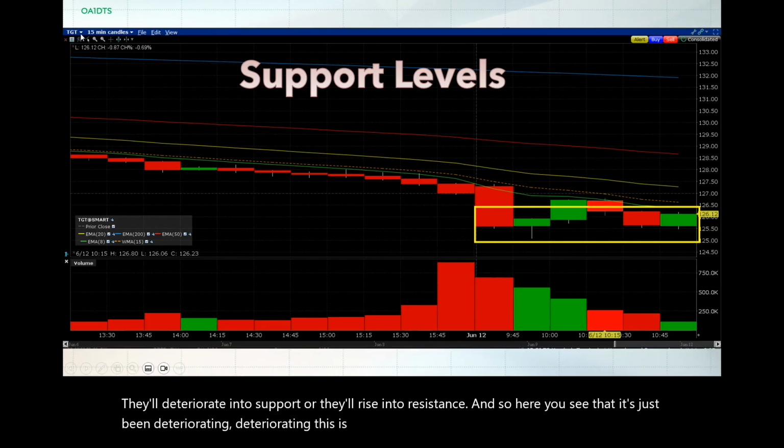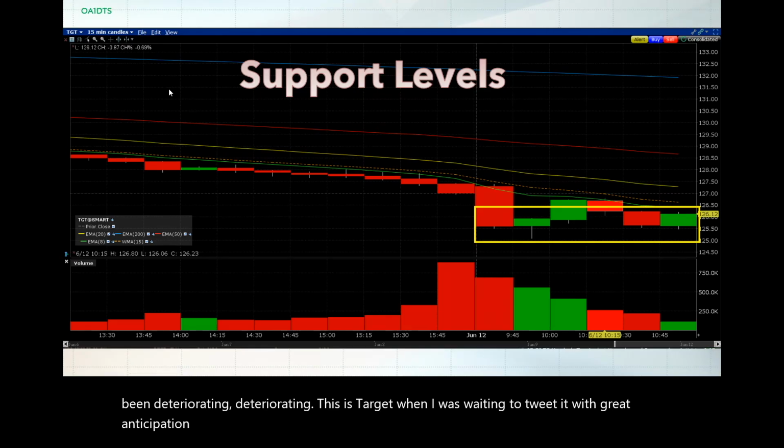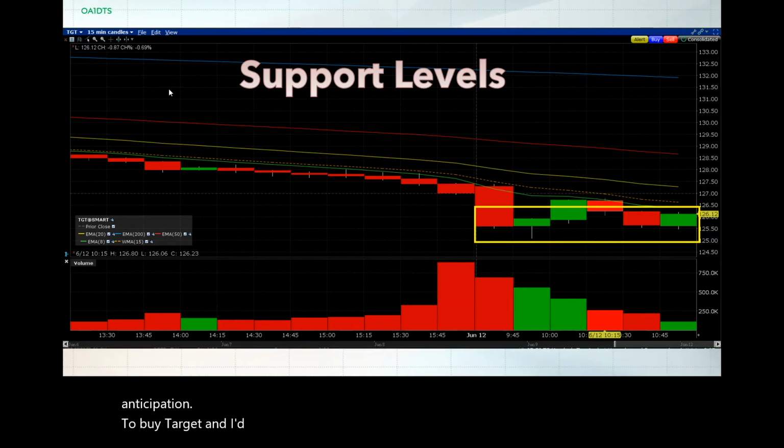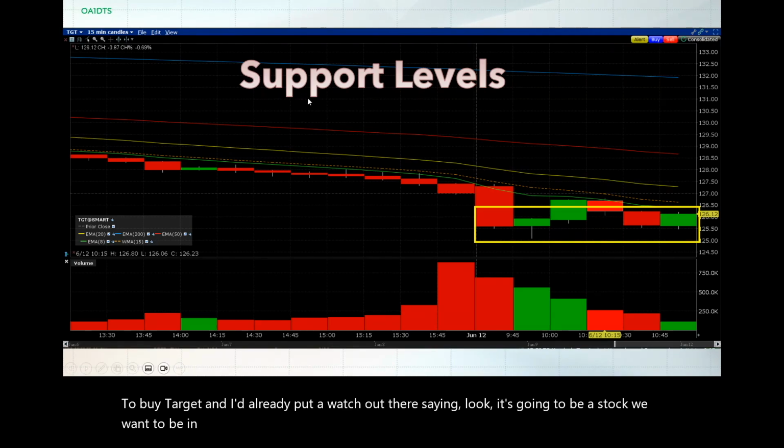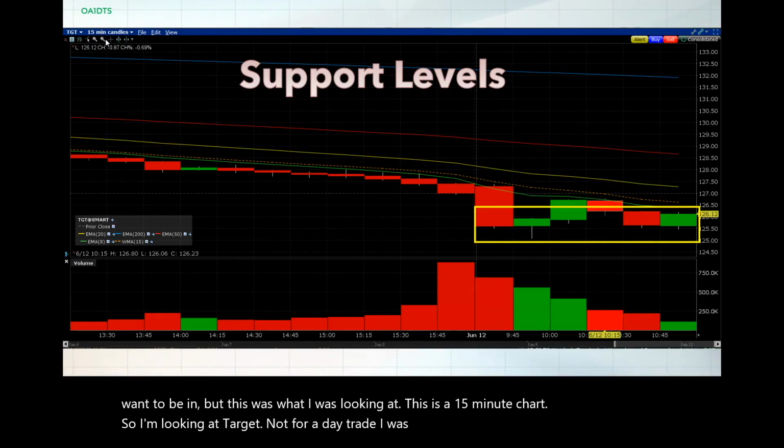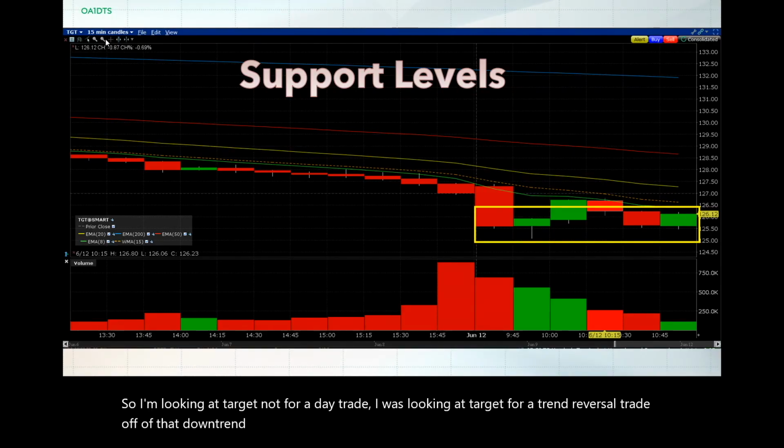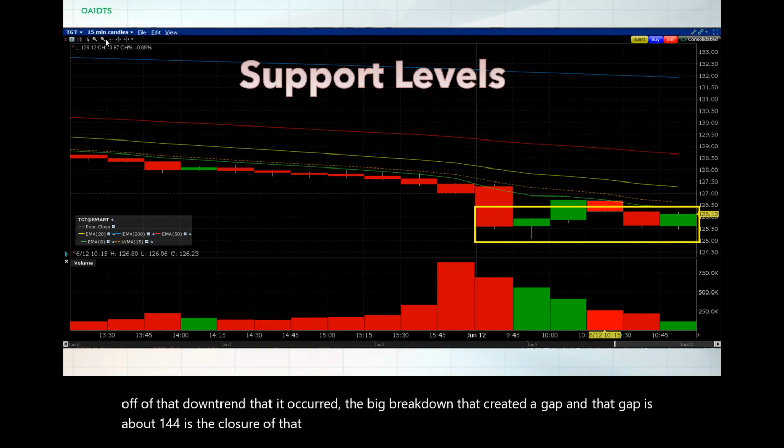This is Target. I was waiting to tweet with great anticipation to buy Target. I'd already put a watch out there saying, look, it's going to be a stock we want to be in. But this was what I was looking at. This is a 15-minute chart. So I'm looking at Target not for a day trade. I was looking at Target for a trend reversal trade off of that downtrend that had occurred, the big breakdown that created a gap. And that gap is about 144, the closure of that gap. And so at 126,